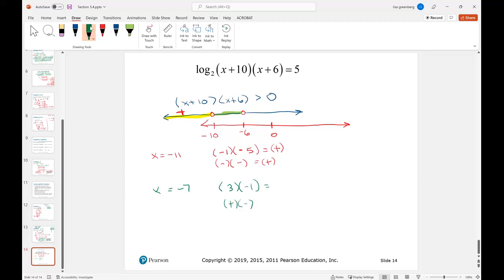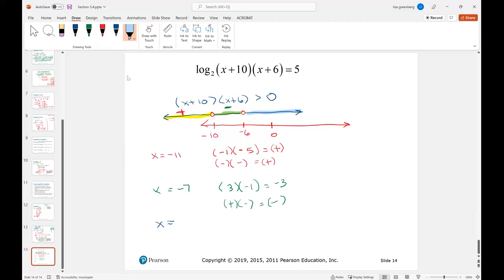The numbers are not important. What's important is that I know it's negative in this interval. And then lastly, I'll plug in something on my last interval,